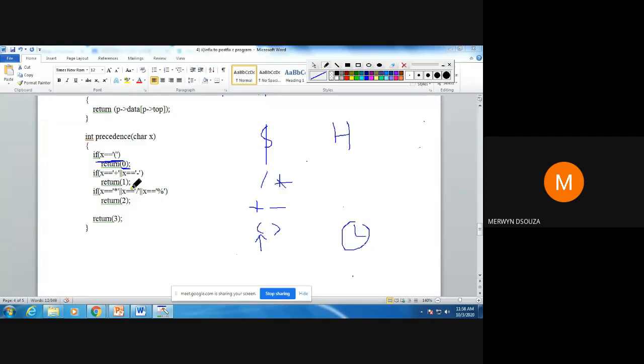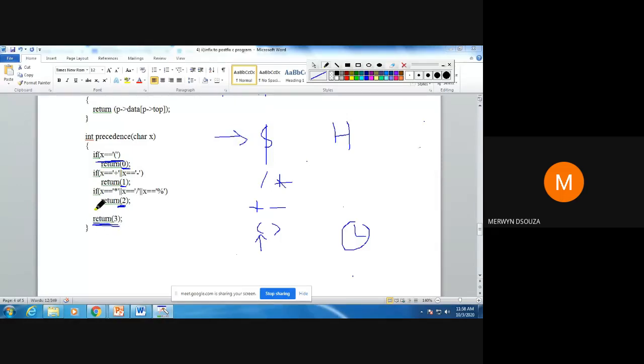Plus and minus is having the value as 1. I am returning the value as 1. Multiply and divide and modulus. Modulus mostly we don't use, but if we use, then the value of that will be 2. And if it is any other value, for example, if it is dollar, then the value of it will be 3.